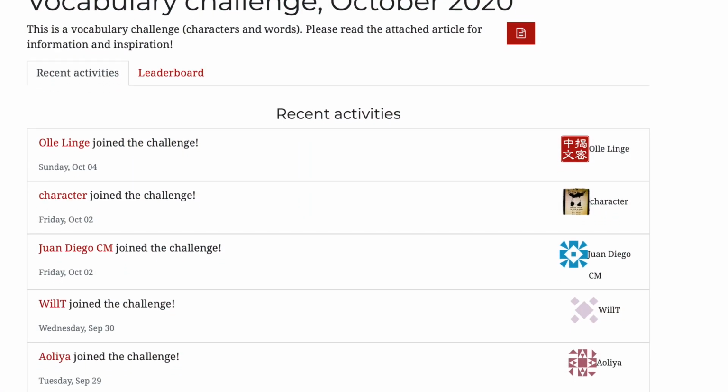So it will ask you for how many hours you want to spend, and you just click enroll, and that's it. And of course, during the challenge, you go back to this page and you report your progress. You can also put in comments that other people can see, and you can share it on social media and so on. I'm curious, we've talked about this a little bit, but I'm curious what you are going to do.